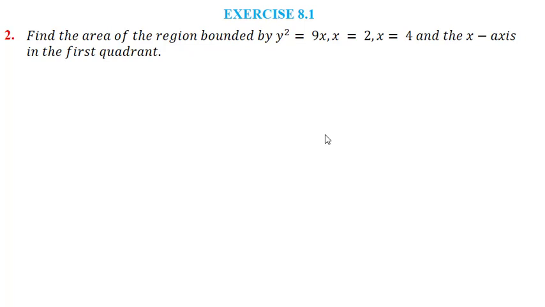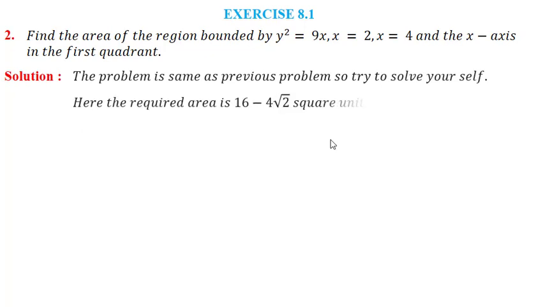Why are we not taking the minus sign? Because here we are getting y above the x-axis. It is mentioned in the problem that we have to find the area in the first quadrant, or from the diagram we can see that we are calculating above the x-axis. Therefore we are taking y equals 3 root x. So try to solve this problem yourself.